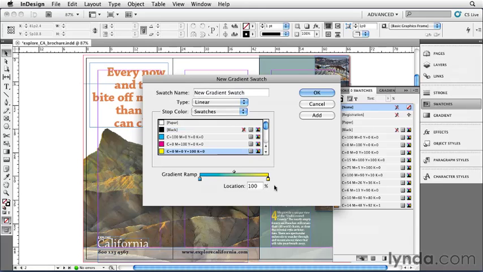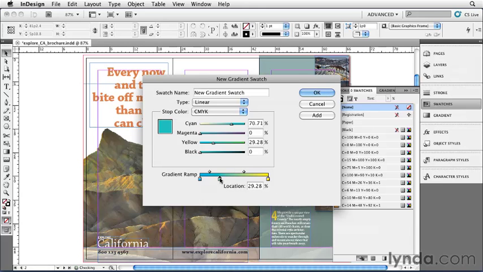If I want to add another color to this, it's easy to do. I simply click on the bottom of the gradient ramp to add a new color stop. Let's make this one kind of dark and mysterious, kind of a darker blue color. Now I can change this and position it exactly where I want it. So I've created a blend that goes from cyan to dark blue to yellow, and I want to give it